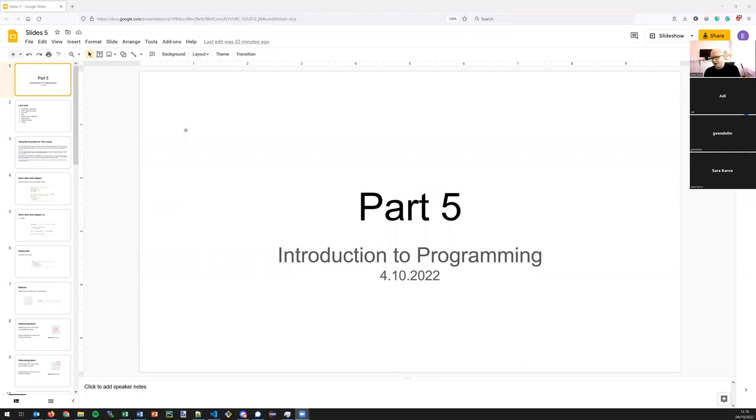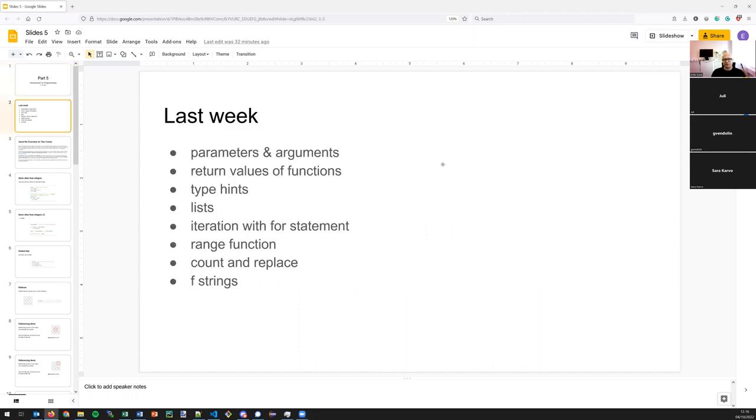Okay, lecture number 5, and again we continue where we left off last time. So basically last week we had 2 major parts. First we talked about functions in more detail, about parameters and arguments, about what happens when we call the function. This is actually something we're going to talk about a bit more today. And then we talked about returning values from functions, then a little bit about type hints, and